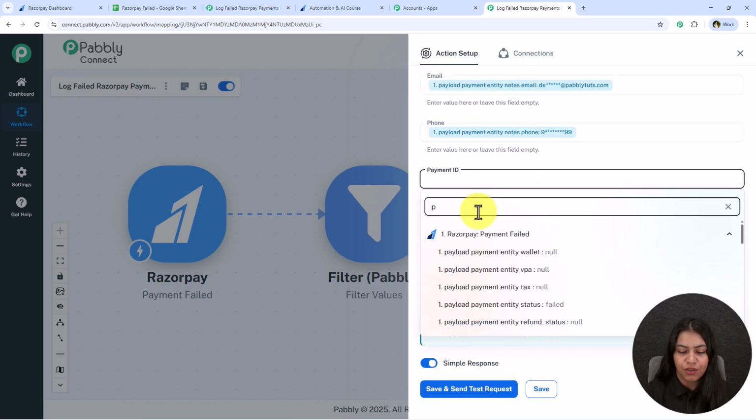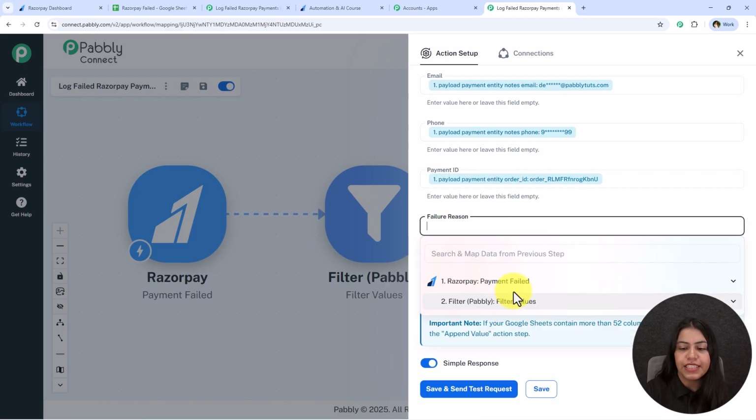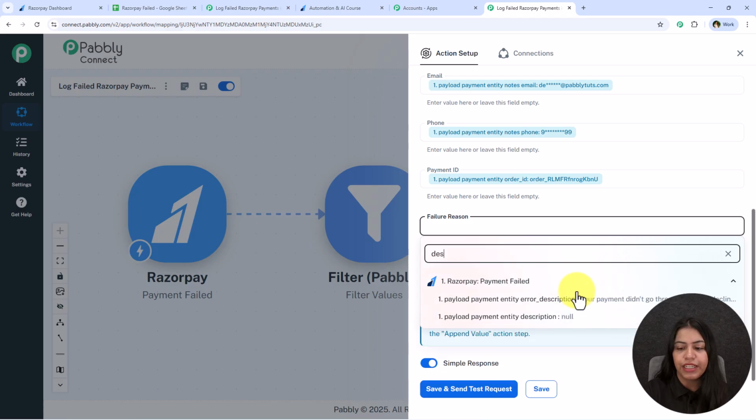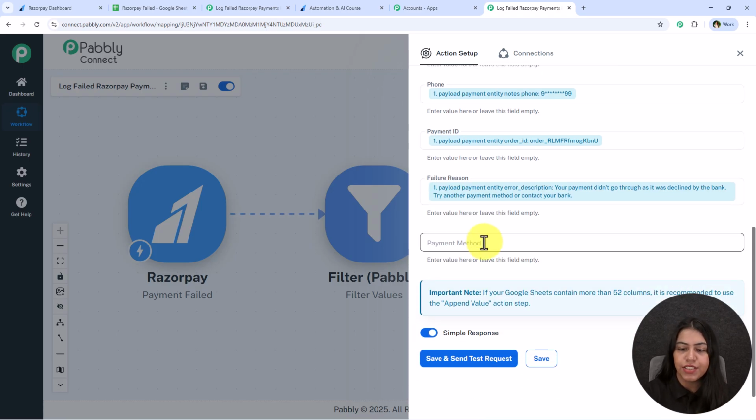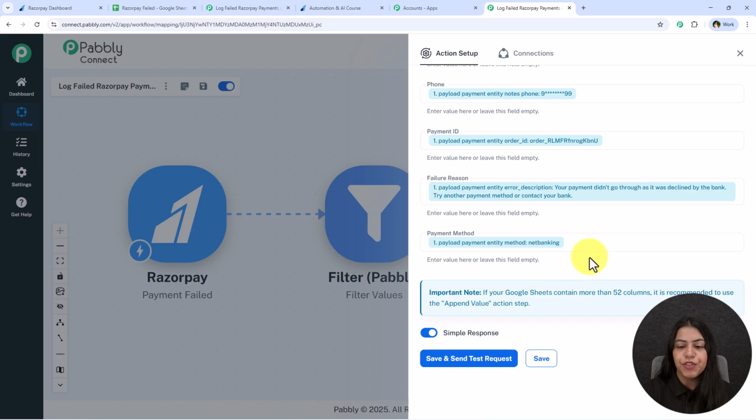I'm going to map this order ID. I'm going to look for the order ID and map it. Now for the failure reason, I'm going to map the description. If you wish, you can definitely ignore or change some fields to it. Totally depends upon you. I'm going to add this payment method, which is net banking, and click on this save